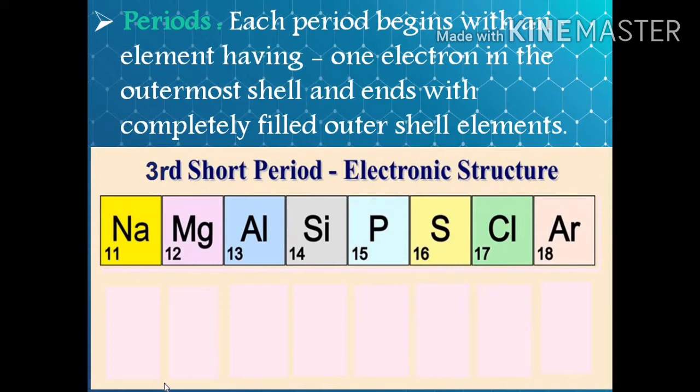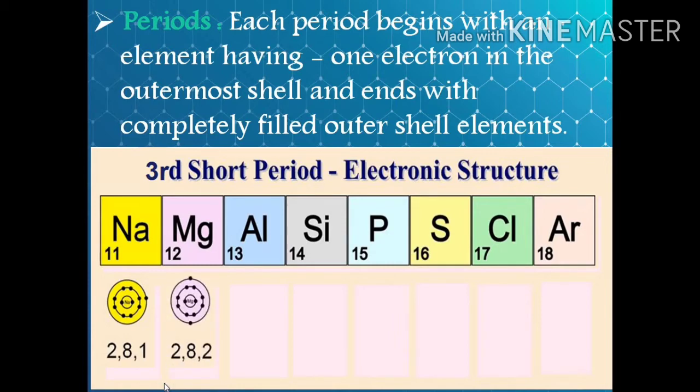In this horizontal row, we have sodium with atomic number 11, magnesium with 12, aluminium with 13, silicon with 14, phosphorus with 15 as its atomic number, sulfur 16, chlorine 17 and argon 18. Now let us see whether this period begins with one electron in the valence shell and ends with a completely filled outer shell. Let us take the electron structure of sodium. In sodium, there are 3 shells, so we have the third shell which starts from one valence electron.